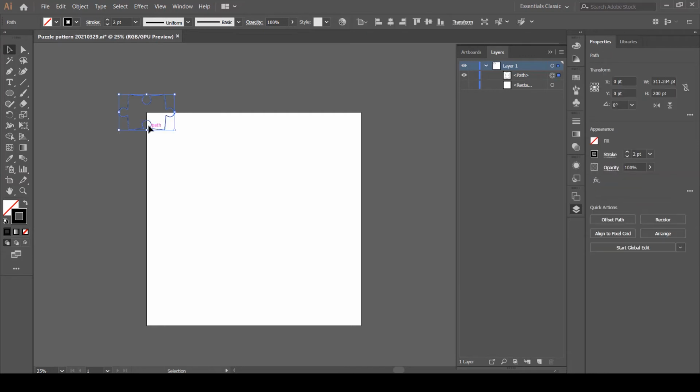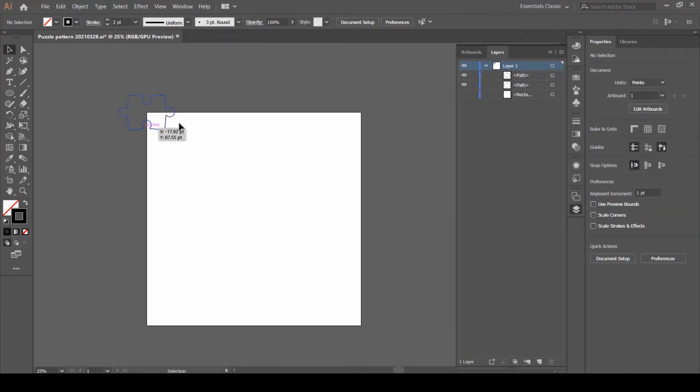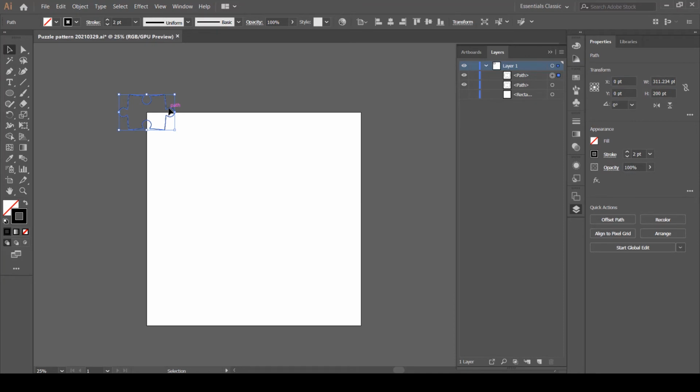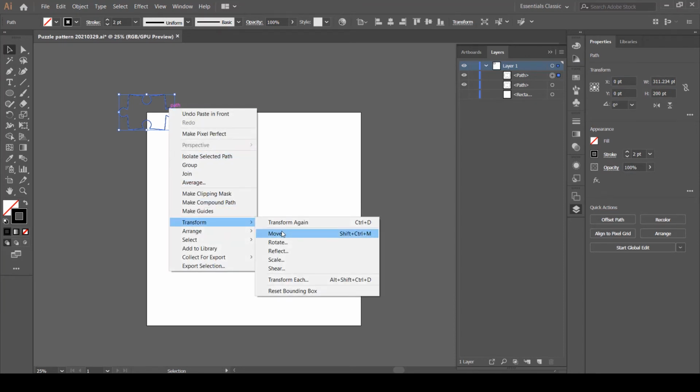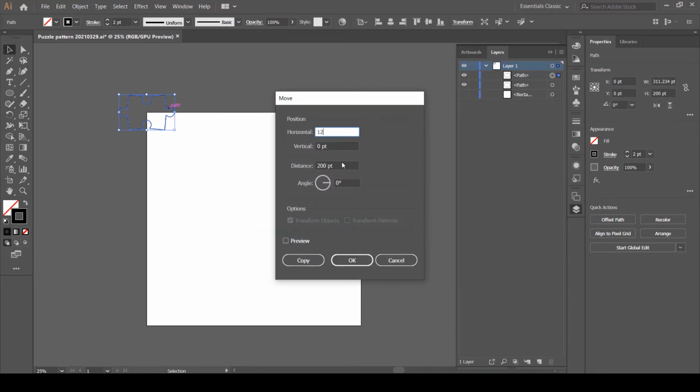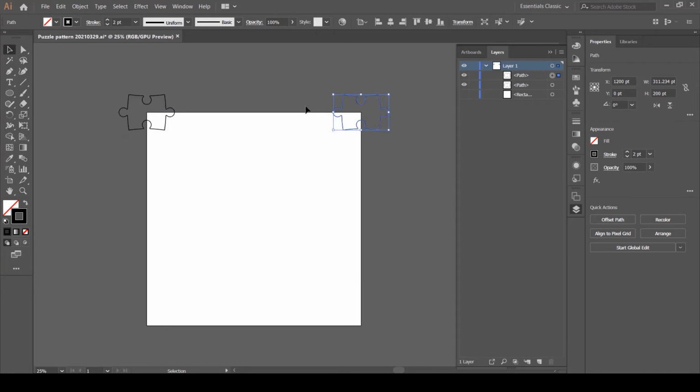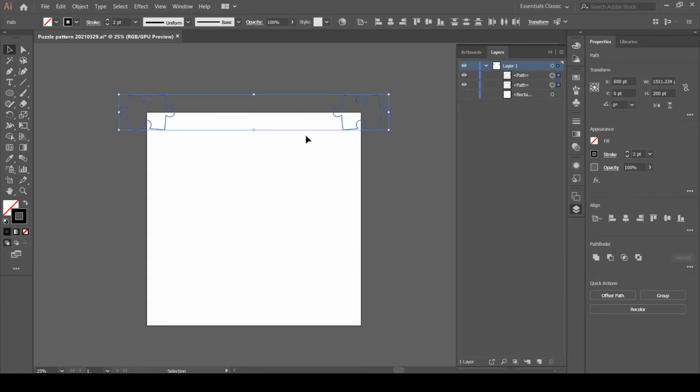So here it is at the corner, so we can just copy it, paste it, and towards the other edge on this corner, this side, we know that it is 1200 points, so we can simply transform and move it 1200 points towards the other side, because we need to make a repeating pattern. Now that it has moved towards the other side, we can blend these together.